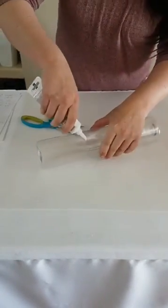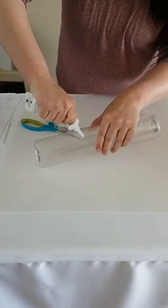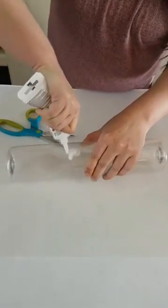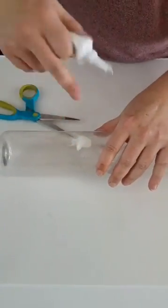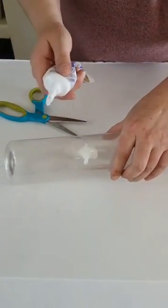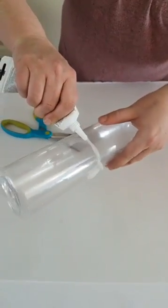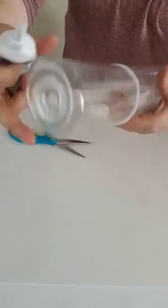So we're gonna start by going into this gap and we're going to fill it. So we're just going to squeeze down in there, and don't worry about making a mess. At this point, this stuff is not going to stay exactly like this. I'm going to show you how to clean it up. We just want to make sure we get enough in there to really fill that, and then we're going to work around the seam. So following that seam, we're just going to put a line of silicone